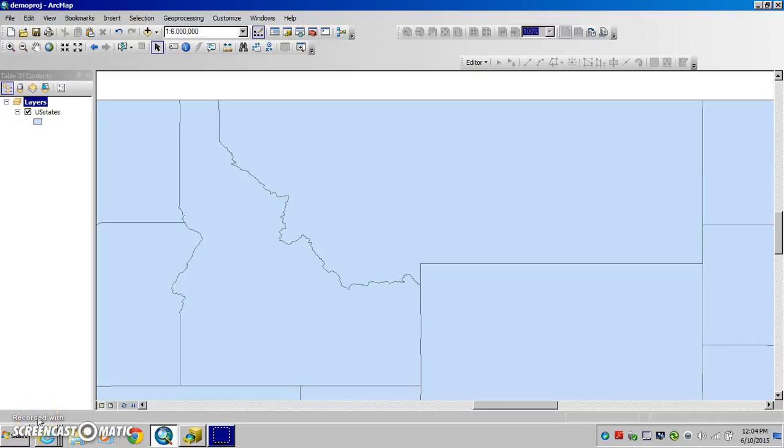This is the continuation of the lecture on manipulating and creating feature classes for Introduction to GIS. In this portion of the lecture, we are going to learn how to create what's referred to as an event feature class. This is often used if you have a series of GPS points, latitude and longitude coordinates that need to be digitized quickly. If you have an existing database that already has latitude, longitude, or more specifically decimal points in it,